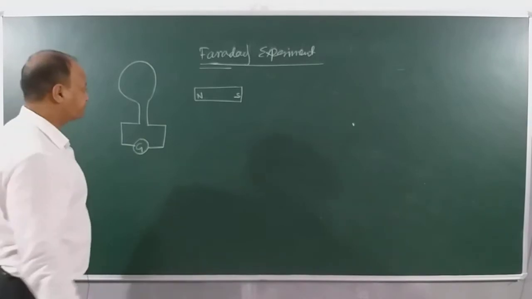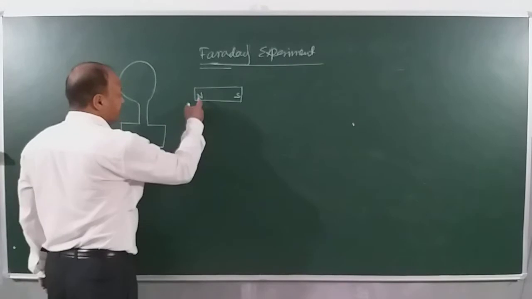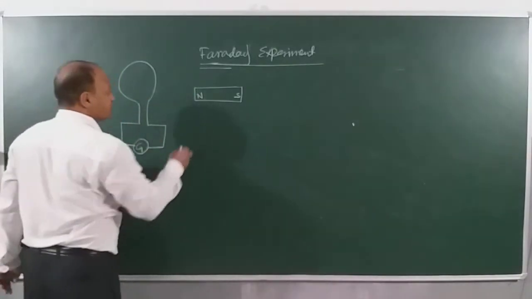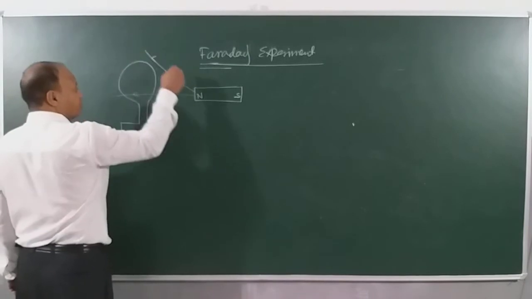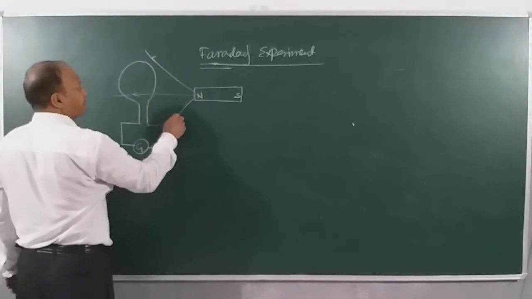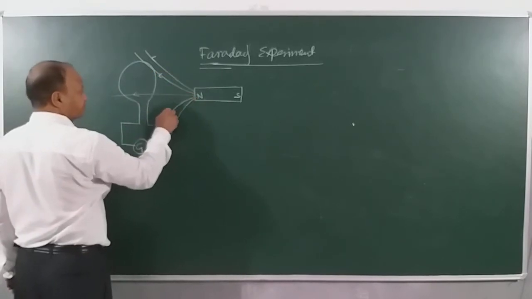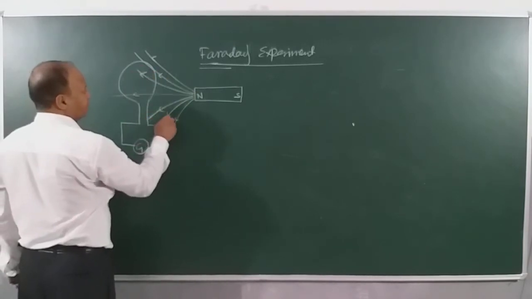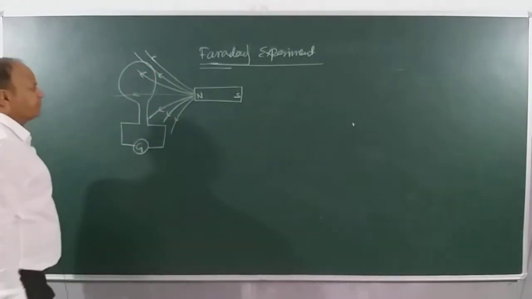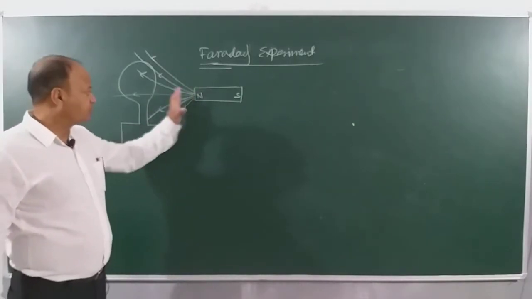Let us understand it. When the magnet is away from it, you know the magnetic field lines will come out of the north pole. So imagine this is how these lines are coming out. Some of the lines are going away. Now this line is being intersected by the coil. This is also going away. This is being intersected. Something like this is going to happen. You can see that the number of lines passing through the coil is changing as I am coming towards the coil.